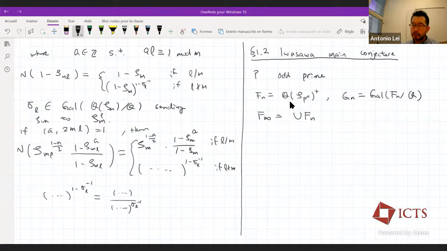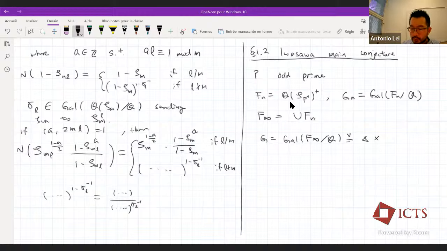For those of you who are not familiar with Iwasawa theory, this is what we do in Iwasawa theory. We want to look at a tower of extensions and try to understand arithmetic behavior as you go up the tower. And I will write G for the Galois group of F infinity over Q,